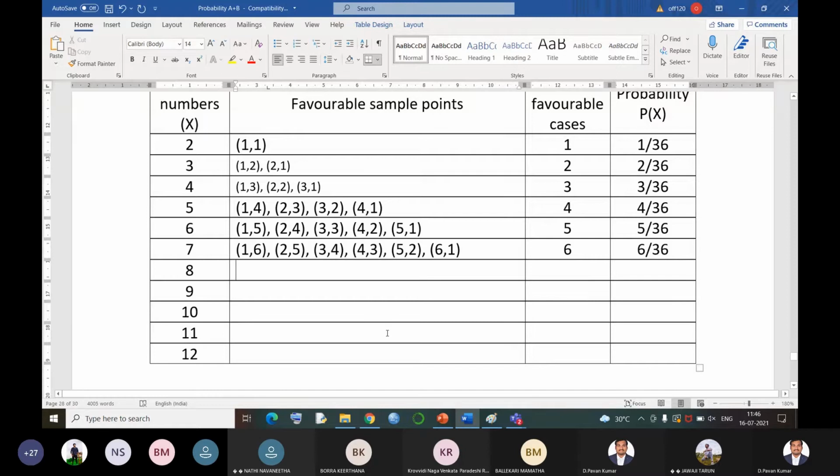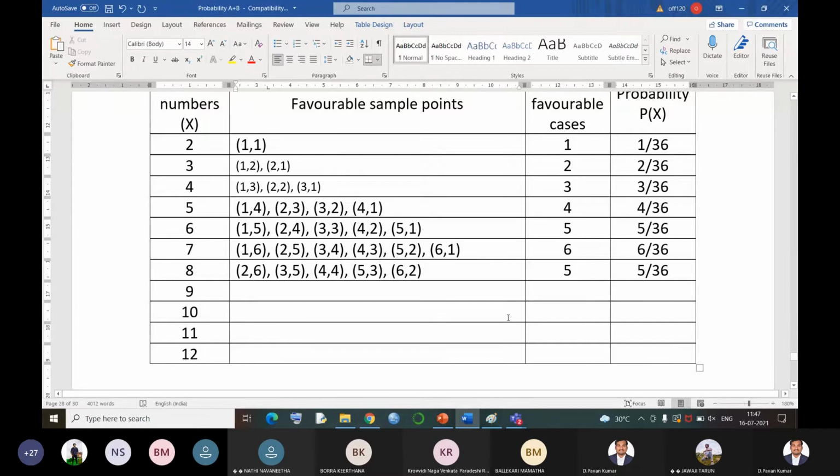Now the next one is the favorable number of cases of getting sum 8. With 1 as the first number, 1 comma 6 is the highest one, and we get 7. So we need to start from 2 comma 6. So the combinations of getting sum 8 are 2 comma 6, next 3 comma 5, next 4 comma 4, 5 comma 3, and 6 comma 2. So again the number started decreasing over here. So we have 5 divided by 36.